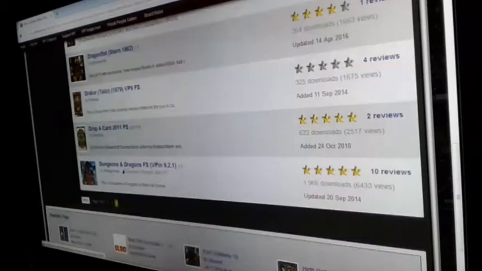Okay. Now, what we're going to focus on is, now that I'm at the bottom of the screen, you're going to see there's a thing called Dungeons & Dragons Full Screen VP 9.21, okay? This is what we need. It's also going to tell you how many people have downloaded the file as well. So when you click on Dungeons & Dragons,